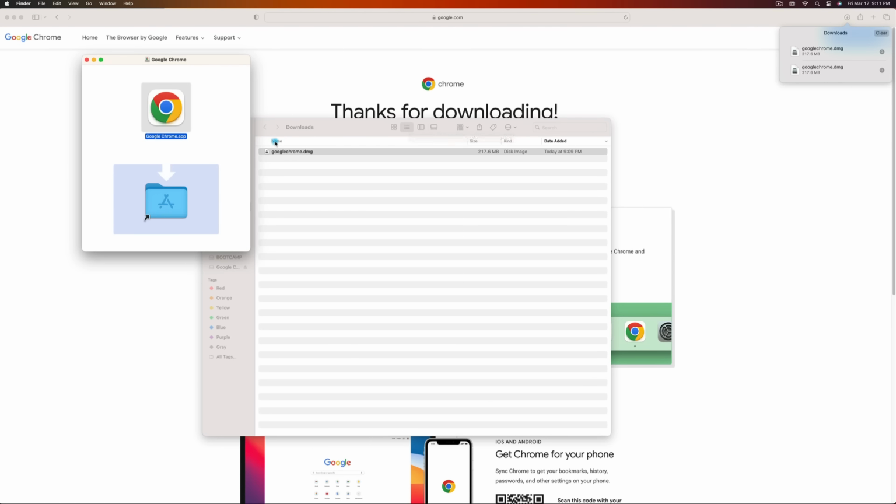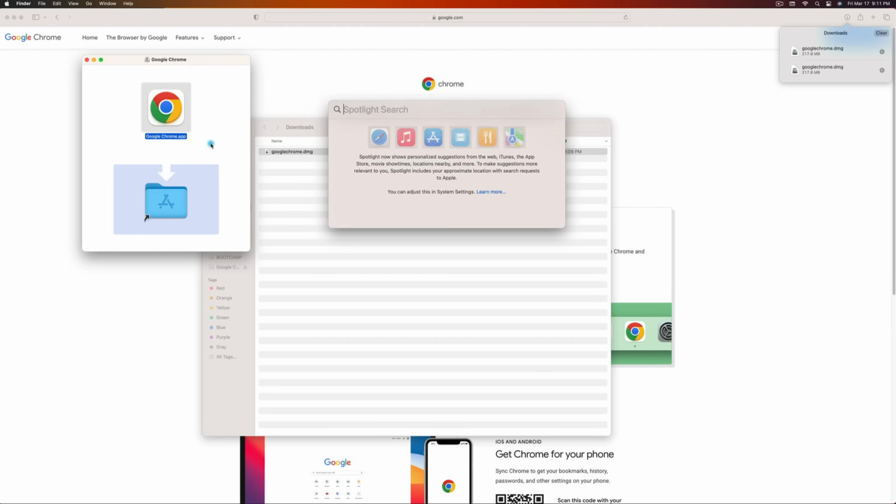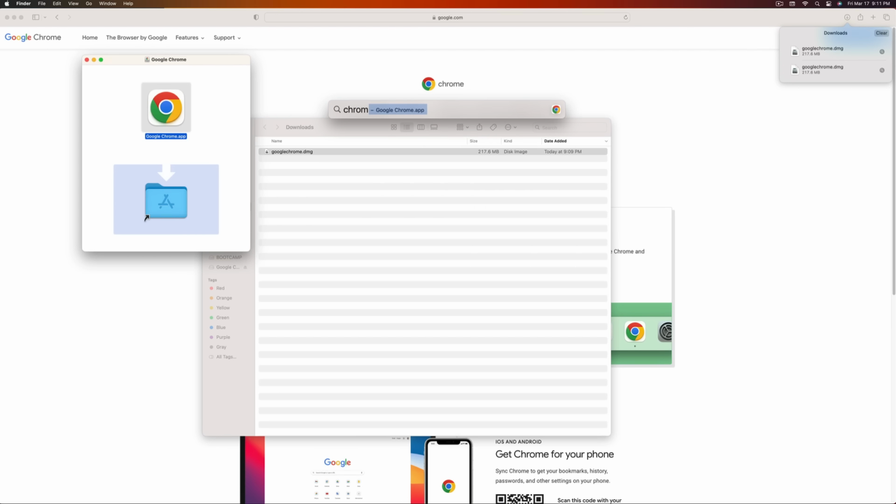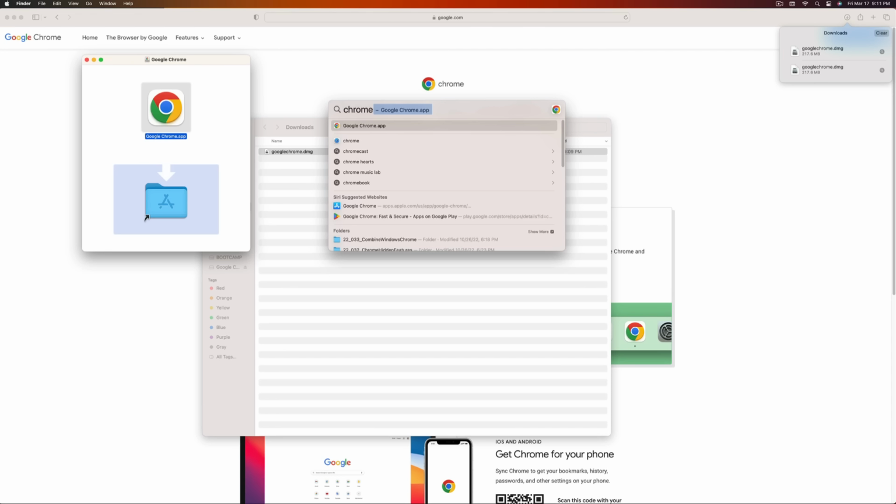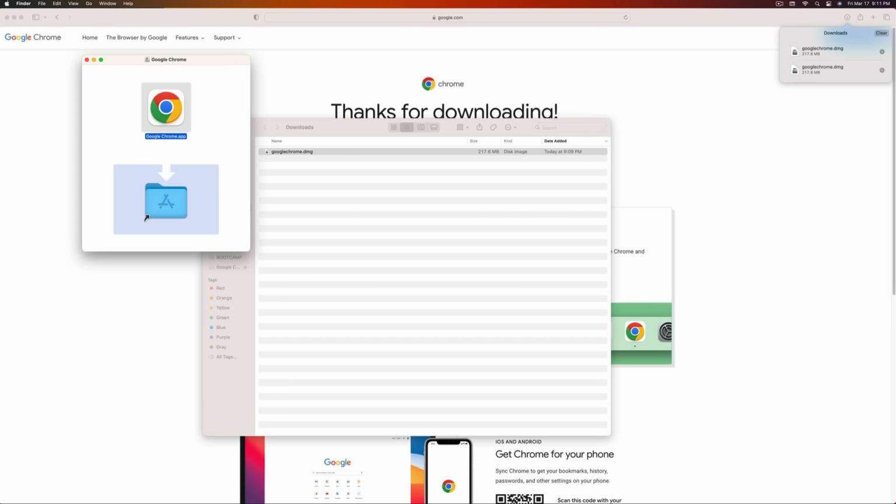So now if you wanted to use Google Chrome, you could obviously search Spotlight with Command Spacebar, and you could search for Chrome and it will pop right up. You don't even have to use your mouse. You can just hit enter and it will open right up. Or you could go to your applications folder and you could double click on it. But if I just open it up from Spotlight,